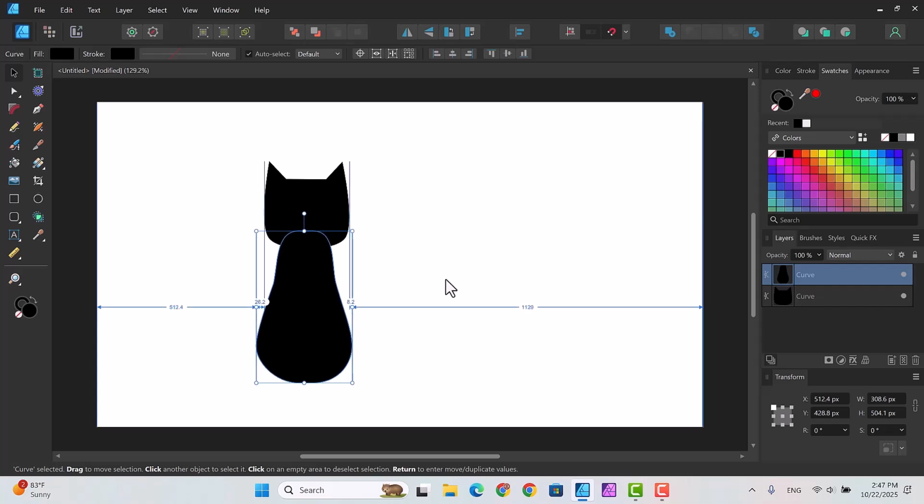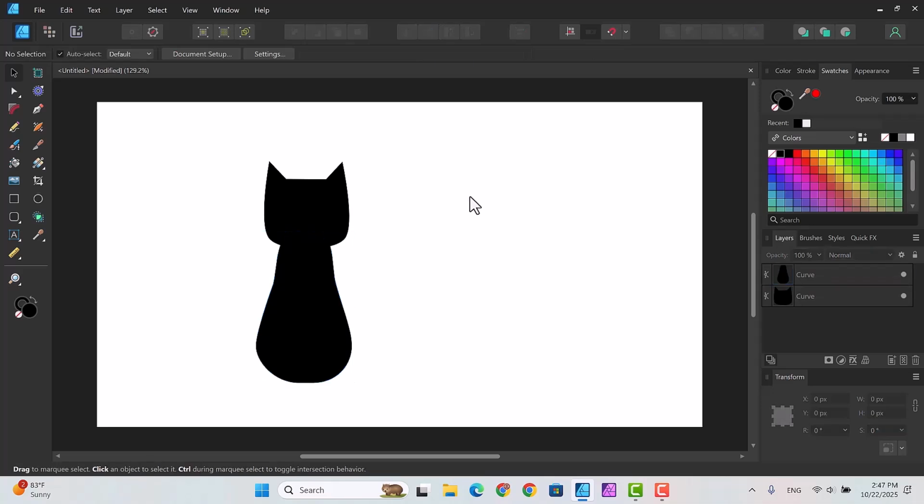Using my keys. Then I'm going to turn snapping off. You'll find that I turn snapping off and on depending on how much of an issue it's going to be. So now we have his head, now we have his body, and now all we have to do is make